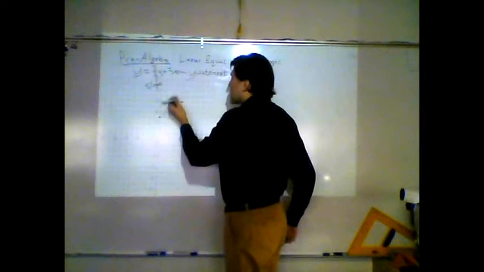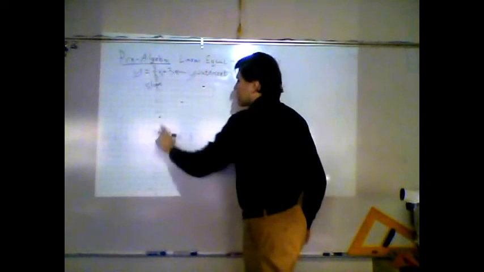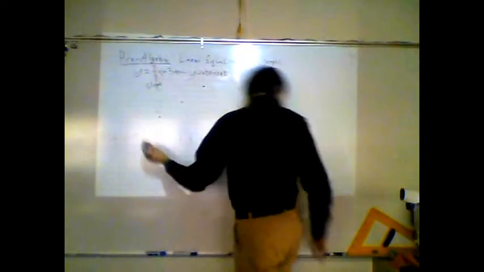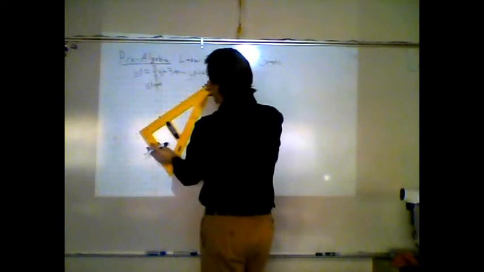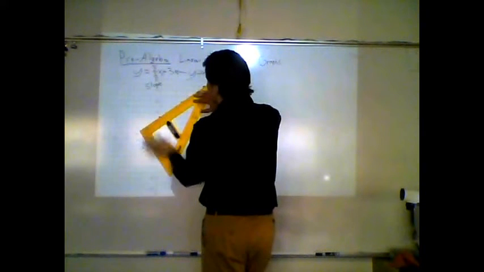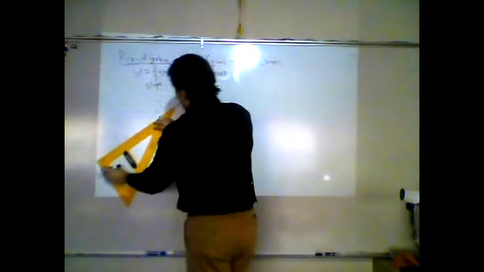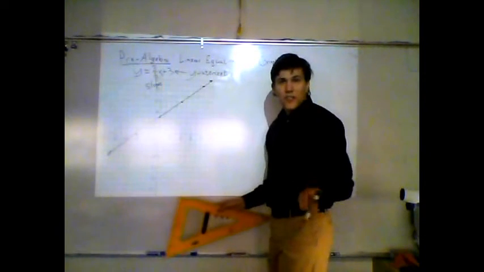So we can put in a point here, and a point here, and a point down here. At this point, no pun intended, we can draw a line to connect all of our points. So we draw the line through,